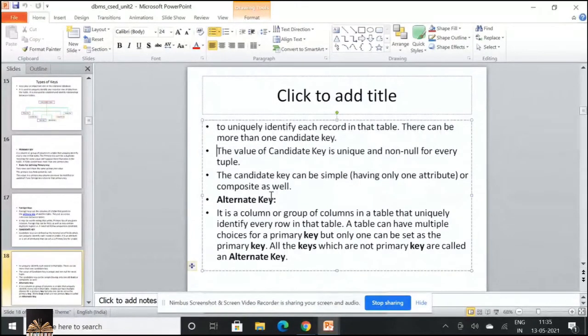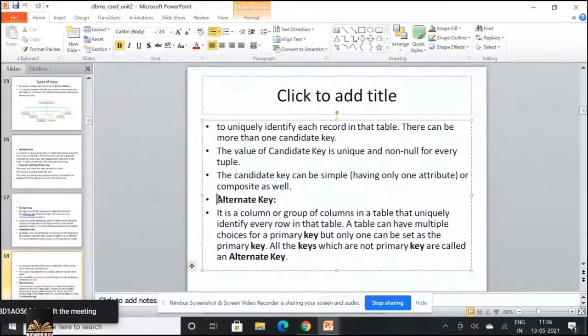Okay. Now, talking about the next kind of key, it is alternate key. Alternate key is a column or group of columns in a particular table that uniquely identifies each and every row in a table. And it is also taken from the list of candidate keys.